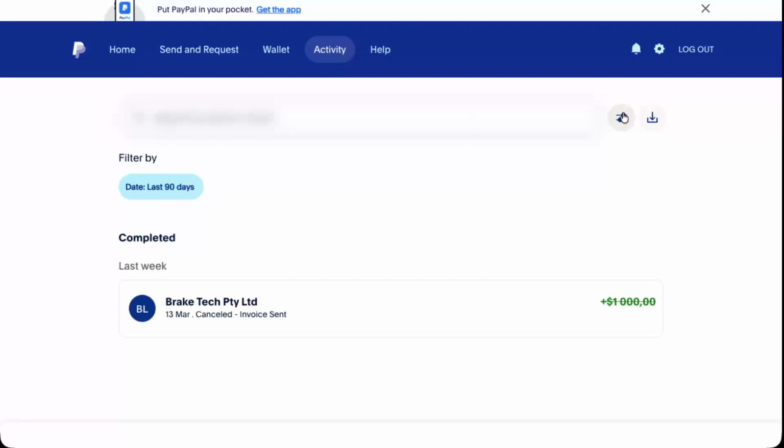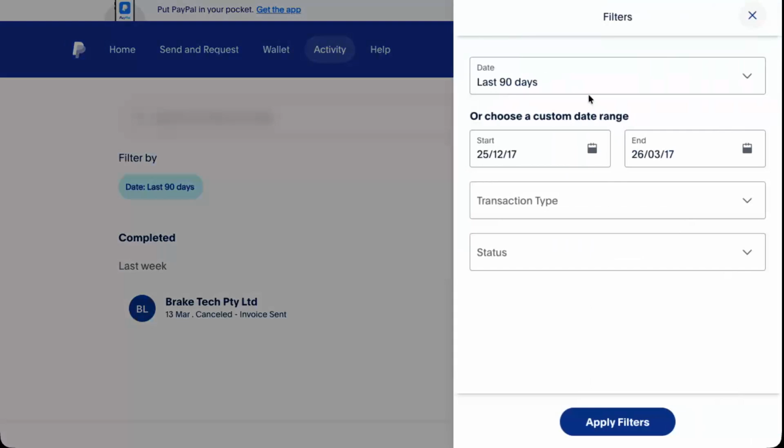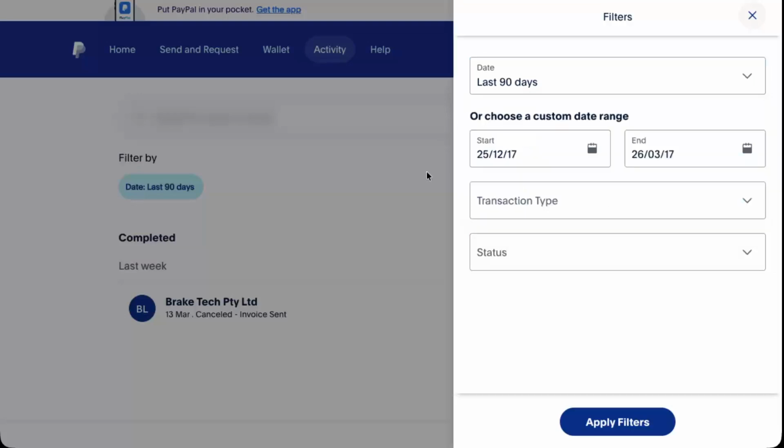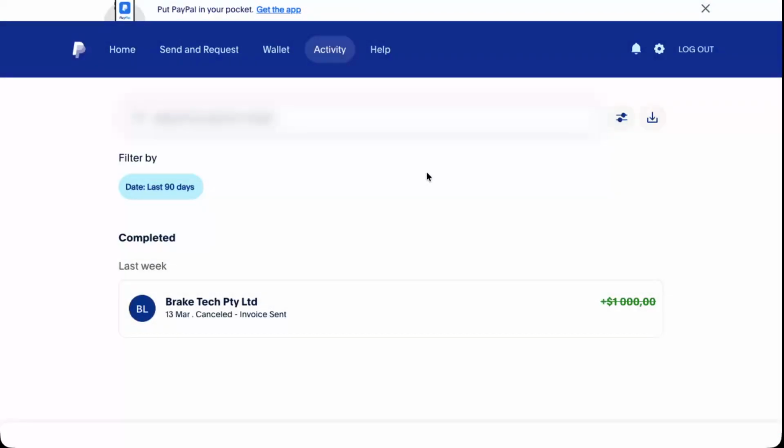Clicking into a single activity line typically reveals expanded details, such as the full description, fees, funding source, and any associated notes. This is especially useful when you're reconciling amounts, checking whether a refund went through, or confirming the currency that was used. Keep in mind that fees and currency conversions can cause small differences between the amount charged and